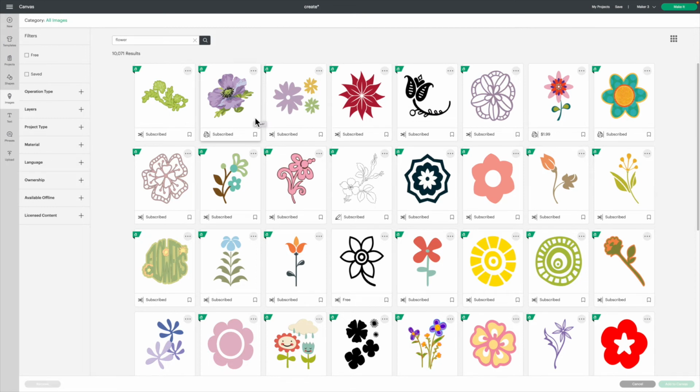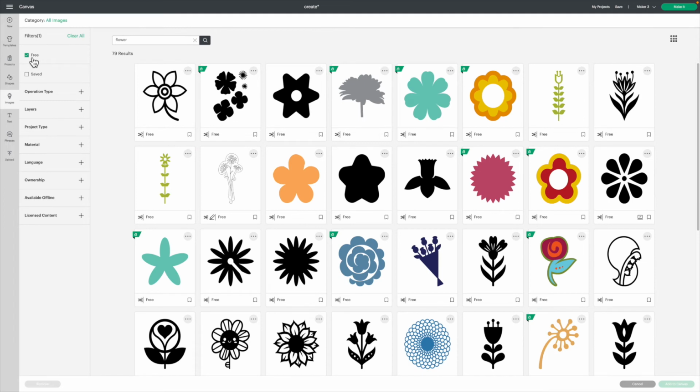You can ensure only selecting free images by clicking on the free filter. Now all the Cricut images I'm currently looking at do not have any cost associated with them. The ones with the green box have no cost because of our subscription.